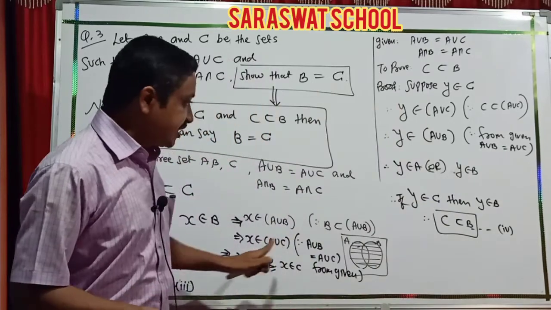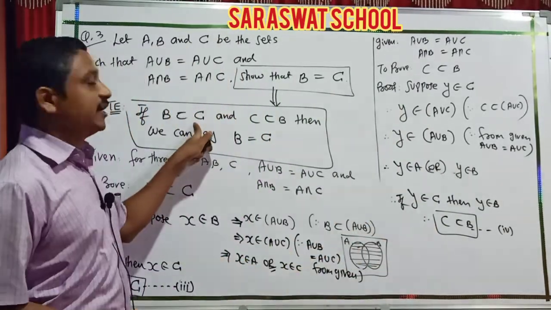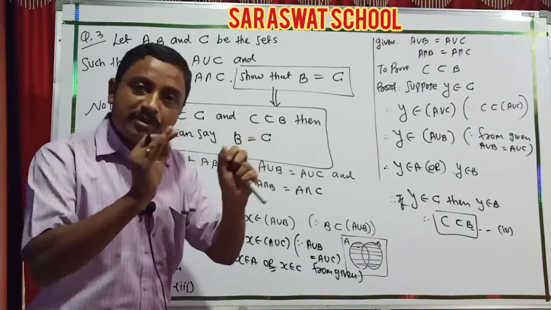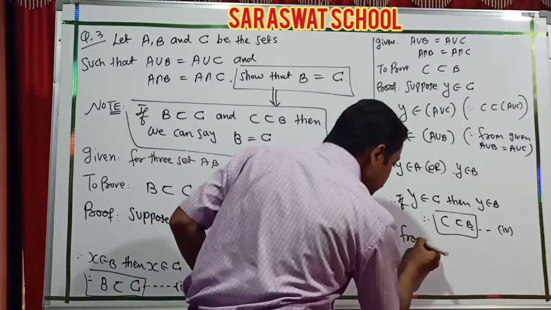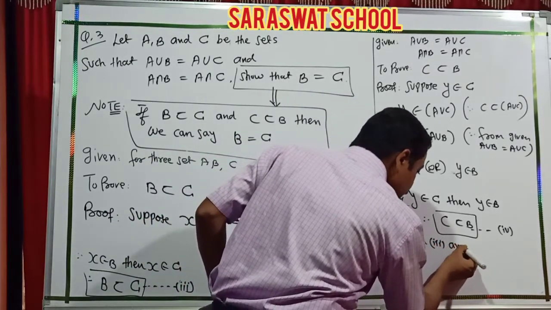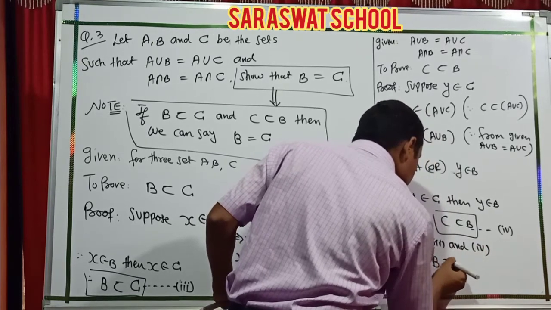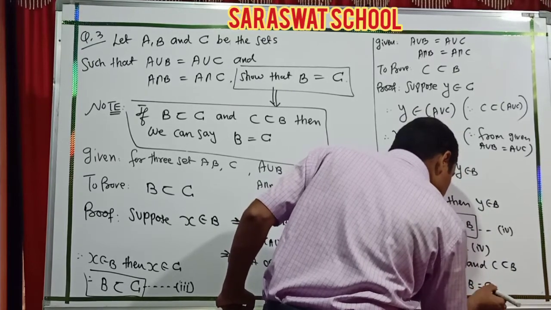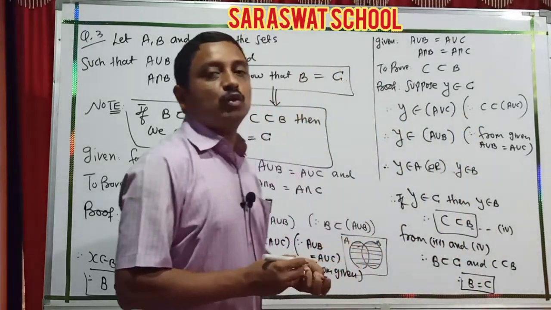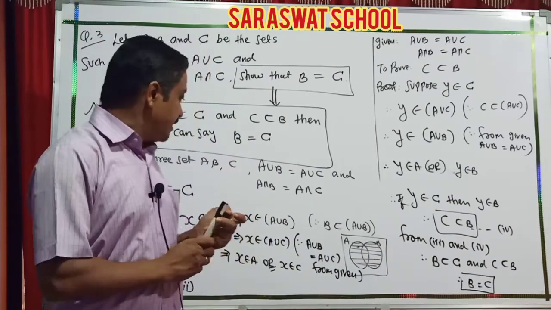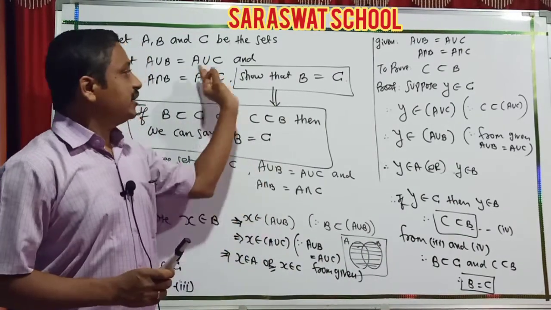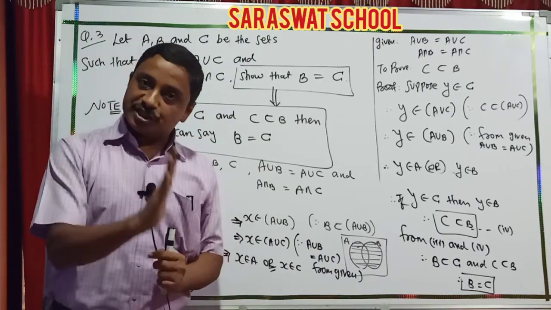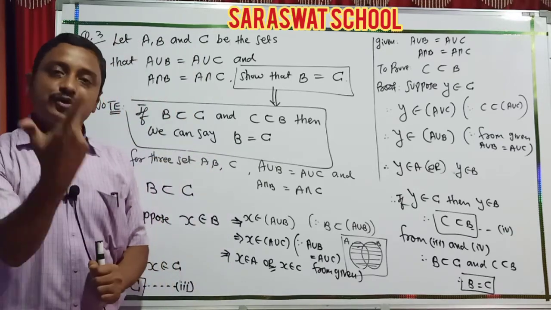So students, statement 3 and statement 4, and this condition is again revised: whenever sets are equal, B subset C and C subset B must hold. So from the third and fourth, what do we prove? B subset C and C subset B, so B equal to C. Here ends another part, for our union case. So finally, students, this 3-mark numerical is done. Half I explained intersection-wise and half union-wise.